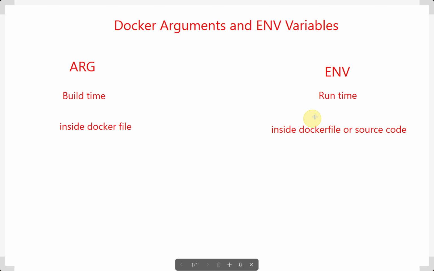Env also we can add inside the Dockerfile. Also we can add env inside the source code. While building the image, we can add the --build-arg flag to specify the arguments. Similarly, while creating the container, you can add --env to specify the environment variables. So this is about arguments and environment variables. But why do we need this? Instead of hard coding everything in source code or Dockerfile, if you want to assign the values dynamically, then you can utilize arguments or environment variables. Let's see those in action.